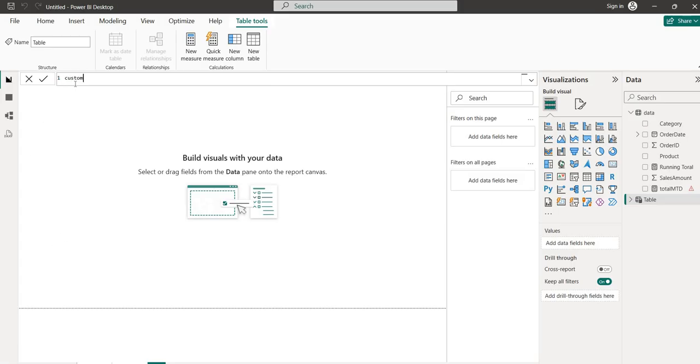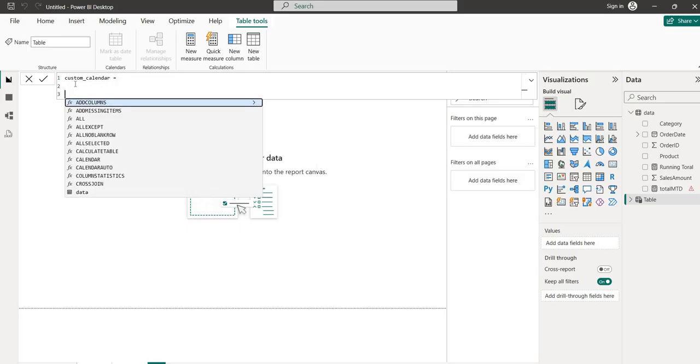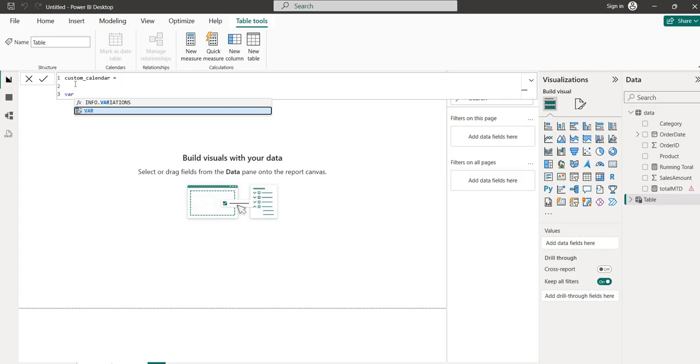Like custom calendar equal to. First of all, we will create a variable of a start date equal to the date attribute here, in the year 2024 25,